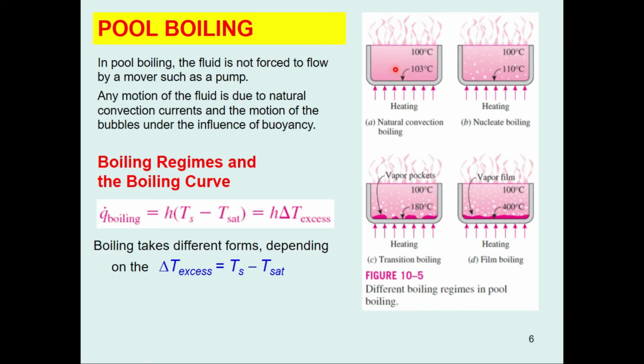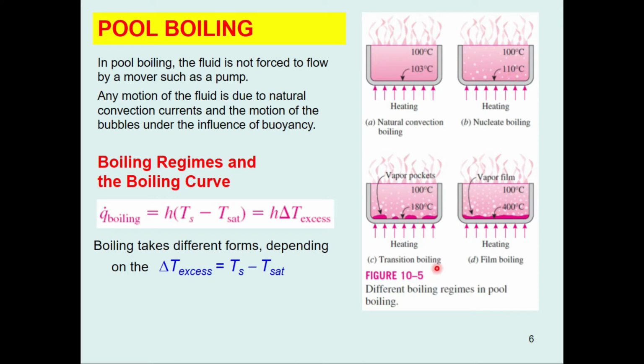So here we will just say that there are natural convection currents because of the temperature difference. Here we are saying that there are some bubbles moving from the bottom to the top in the nucleate boiling. In the nucleate boiling, we will mainly differentiate it based on this delta T excess. We will also see in the upcoming slide whether it is natural nucleate boiling or not, and what kind of phenomena will take place.